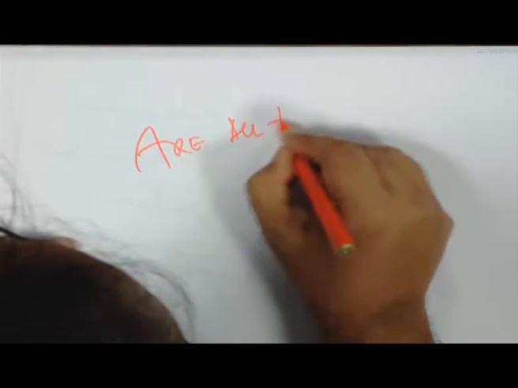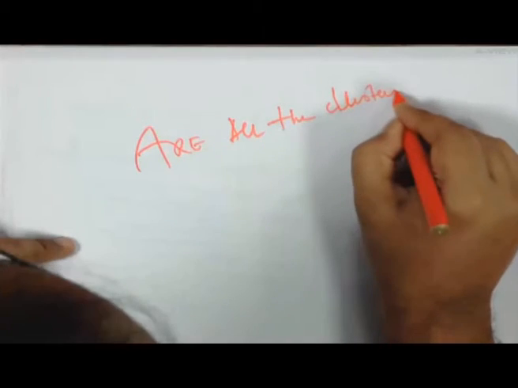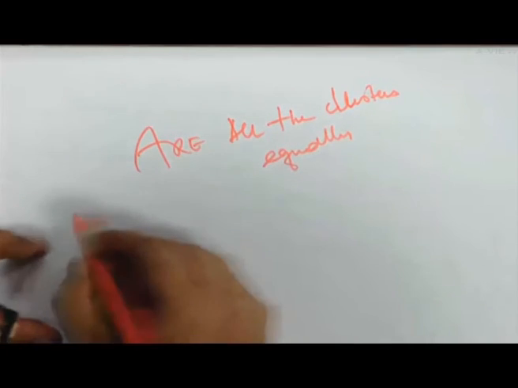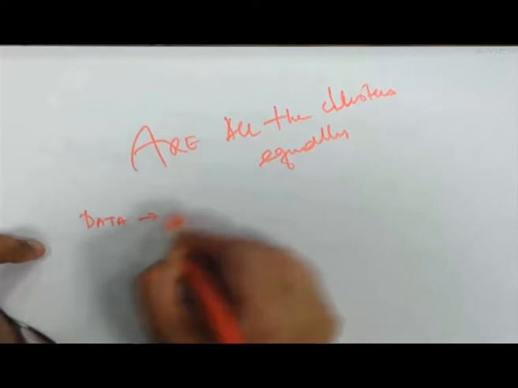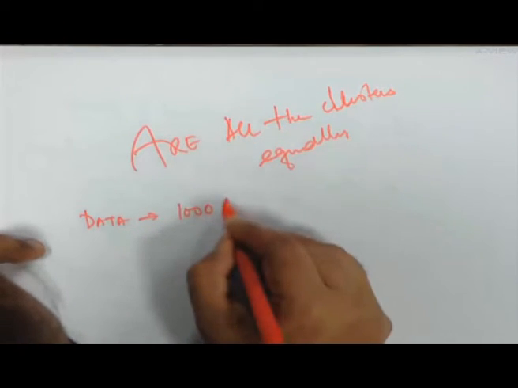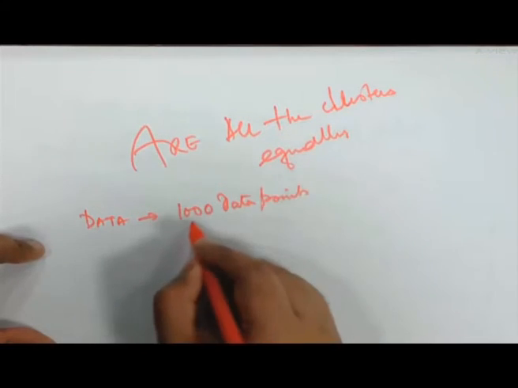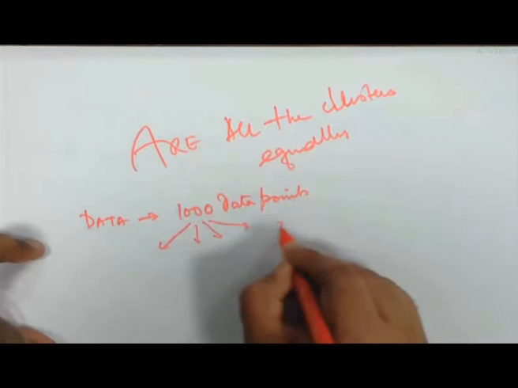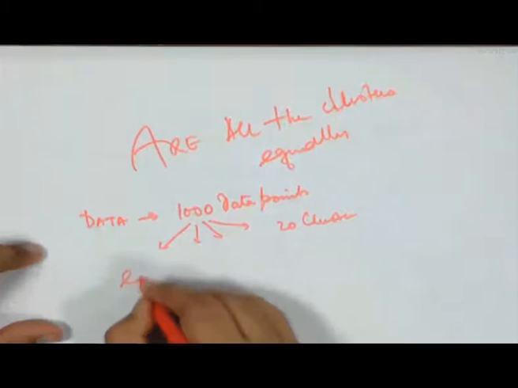That means, say we have 1000 data points, and it is forming 20 clusters. Equal data points means each cluster would have